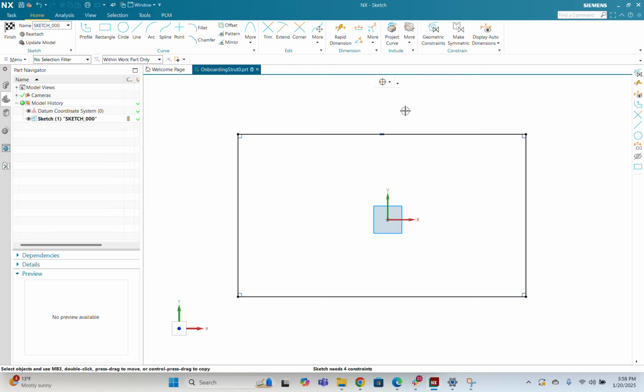When you're actually going to constrain a sketch, you'll be using 2 main tools. There's this dimension tool, and then there's a constraint tool. A dimension will basically set a length or a measurement on your sketch, and then a constraint will tell it where it should be in space. We'll go ahead and start with a dimension. I'll just click Rapid Dimension here,